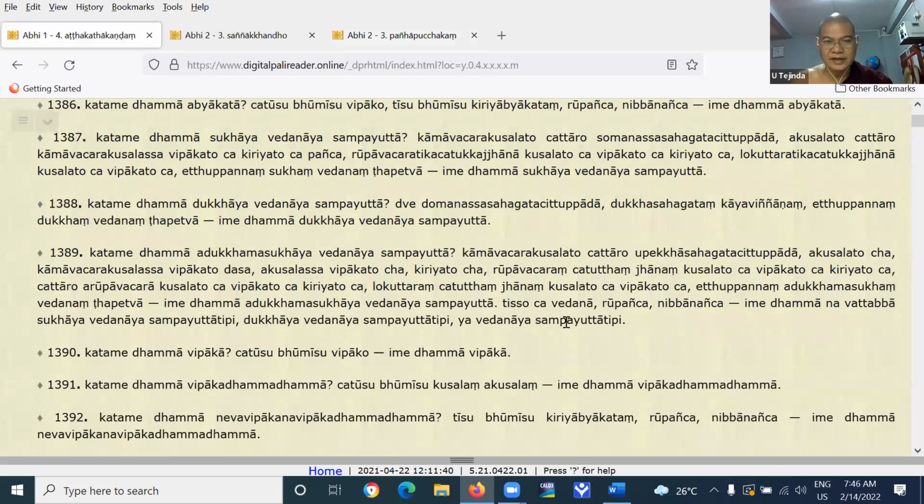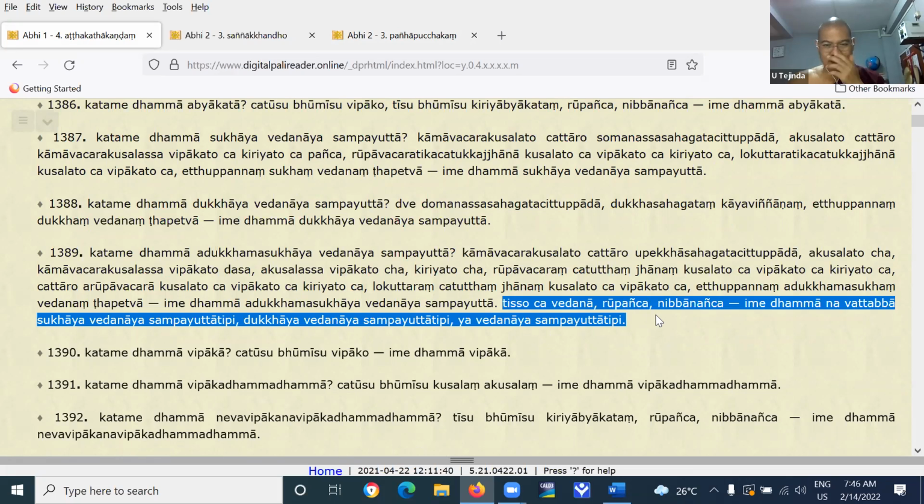The two khandas here you see. Tissoja Vedana, Rupancha Nibbanacha. In the Dhamma Sangani: Tissoja Vedana, Rupancha Nibbanacha, imendama navataba sukhaya vedana samyutta tipi, dukkhaya vedana samyutta tipi,